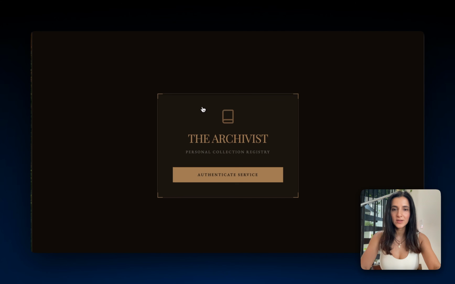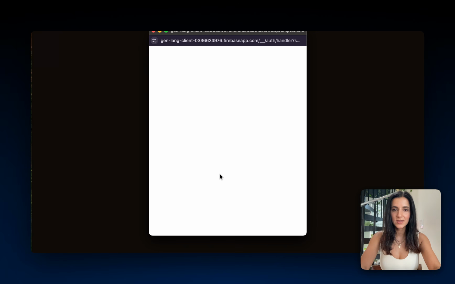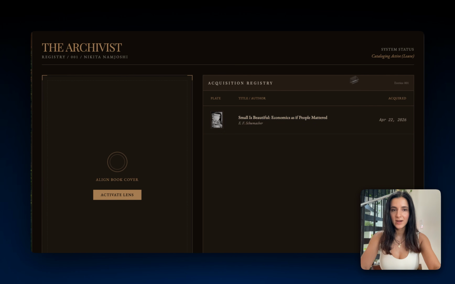So we'll click Open, and we can authenticate again. And you can see that it authenticated as me, Nikita. I have this book here. So what I'm going to do is copy the URL, and I'm going to open it on my phone. Okay, I've got the app on my phone now. So we're going to authenticate again. And hopefully when I take a picture of a book, you will see it pop up on the screen. So I'm going to do that right now. I'm going to enable the camera. I'm taking a picture,